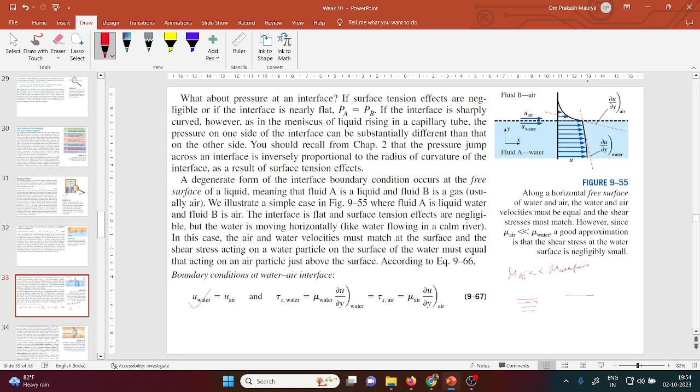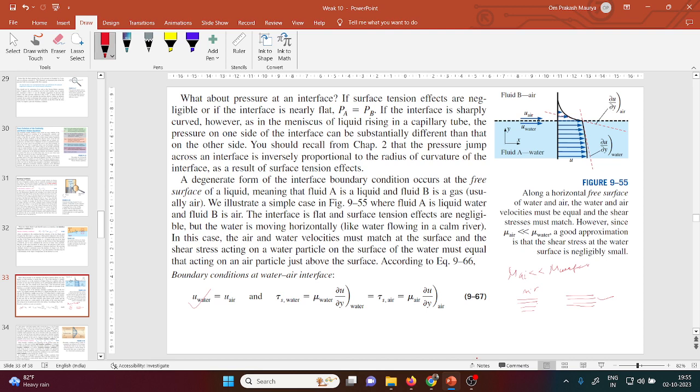The water layer tries to reduce the velocity of this layer, and this is the air, which also tries to, but here viscosity is more dominant, and here it is very less, so it tries to reduce the velocity of the upper layer or bottom layer, whatever. So that is the concept, and the velocity gradient is